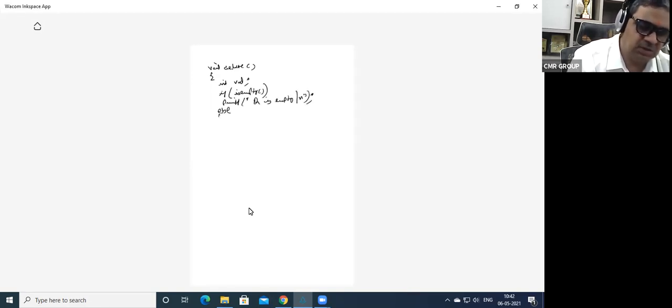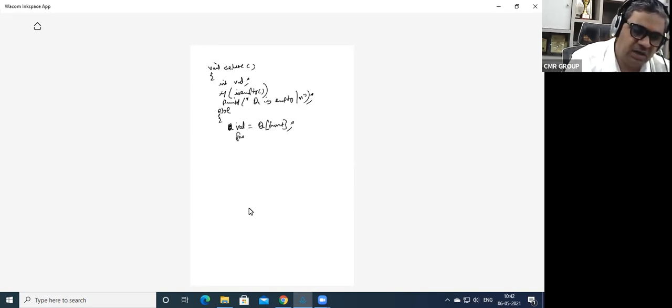Else deletion is possible. So how are we going to delete? front plus plus. You have to do it only after assigning. val is equal to q of front, you are going to assign. q of front is assigned to val.